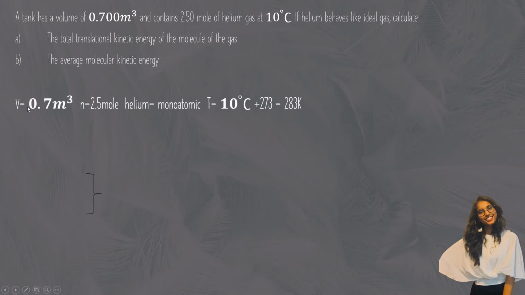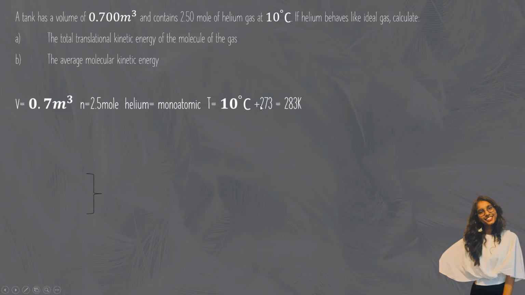So, we have V equals 0.7 meter cube and n equals 2.5 mole. Helium is a monoatomic gas which has degrees of freedom F equals 3. The temperature given is 10 degrees Celsius, so we have to change it to Kelvin, which is the absolute temperature. So 10 degrees Celsius added to 273, we get